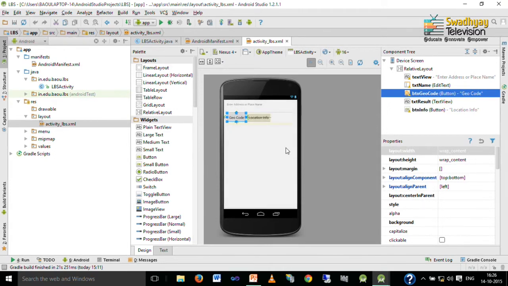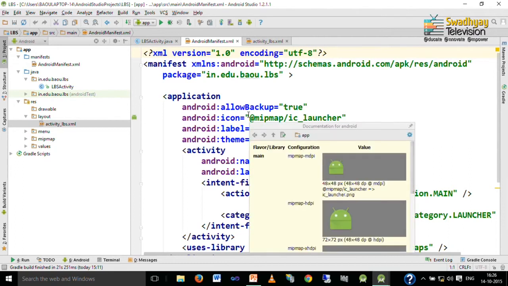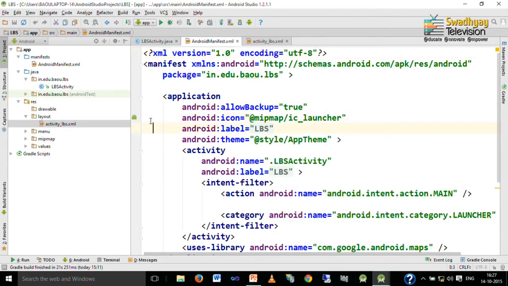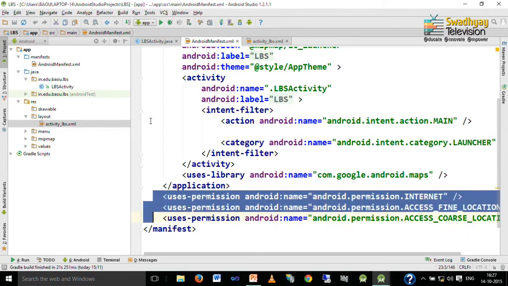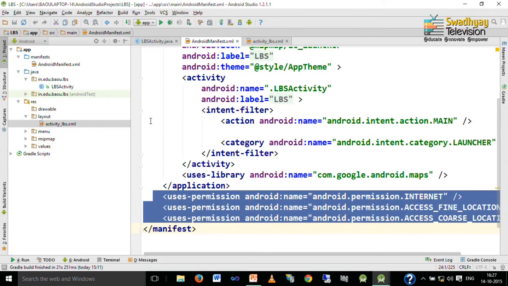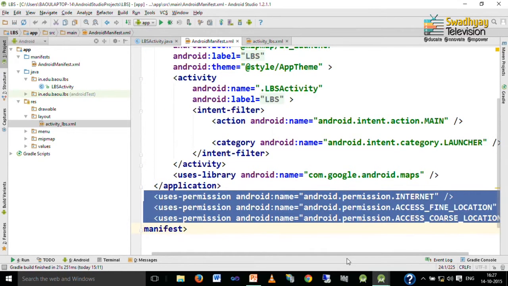Now, we see what permissions are required in the Android manifest file. So, here is our manifest file. You can see that we write 3 permissions. First is to use internet, second is required to get fine location, and third is required to get coarse location information.